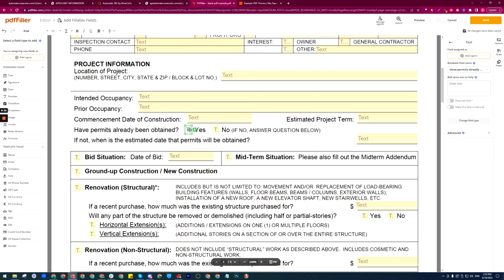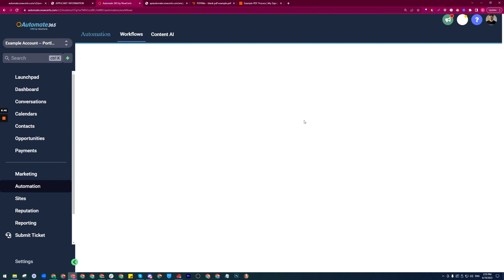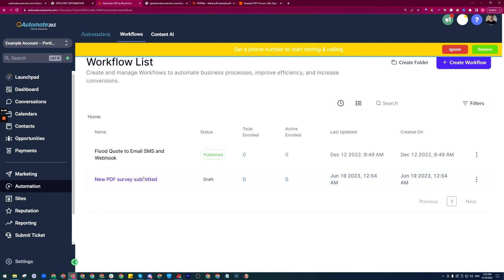So the reason for that is Zapier cannot really figure out how to, it doesn't have the logic as far as I know, at least, to actually check those fields. So what we do is we actually do the automation, the logic inside of Automate before sending the information. Basically, we have one automation that is going to send the PDF file, but before it does,